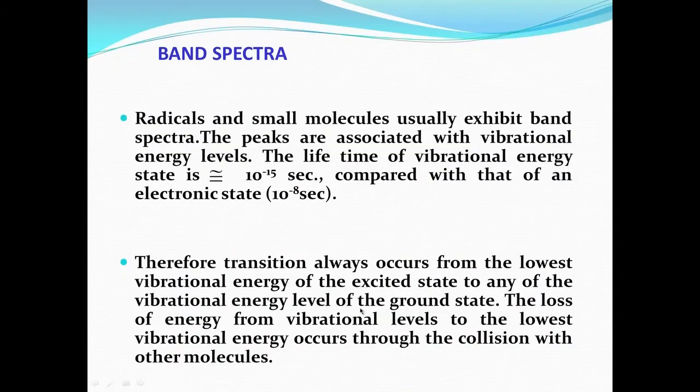Generally what happens is that the vibrational energy levels are above the electronic levels. So, part of the energy is slowly lost until it comes to the 0 level of the excited state. If the vibrational level in the excited state is not 0, it may be 3 or 4, etc. Slowly they will lose a little bit of energy, come to the ground state, and from there make a quantum jump to the lower energy state.